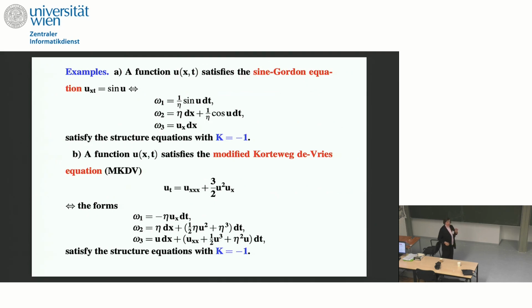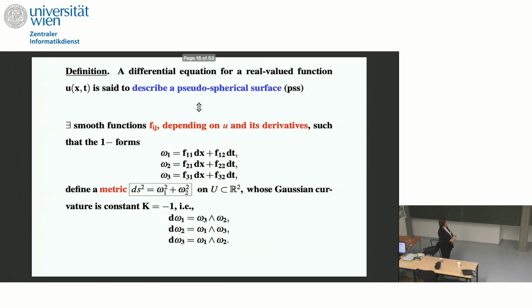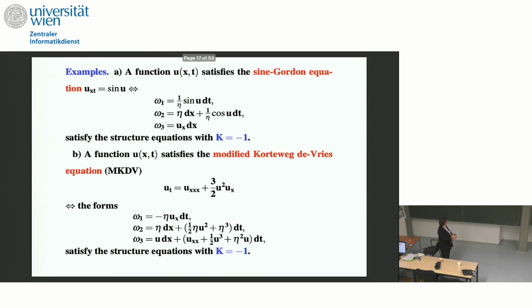Okay, so just a simple example. Here is the sine-Gordon, u of xt equals sine of u. So omega 1 is given by 1 over eta sine of u. Omega 2 is eta dx, 1 over eta cosine, and omega 3 is u x dx. If you plug those 3 omegas, defined the way I defined them here, into the structure equations, you get that the structure equations are satisfied if and only if u is a solution of the sine-Gordon. So the structure equations that I'm talking about